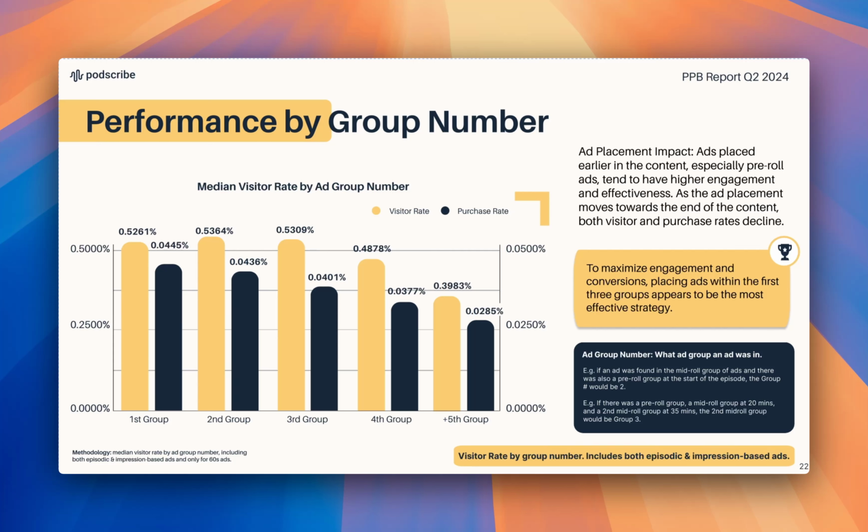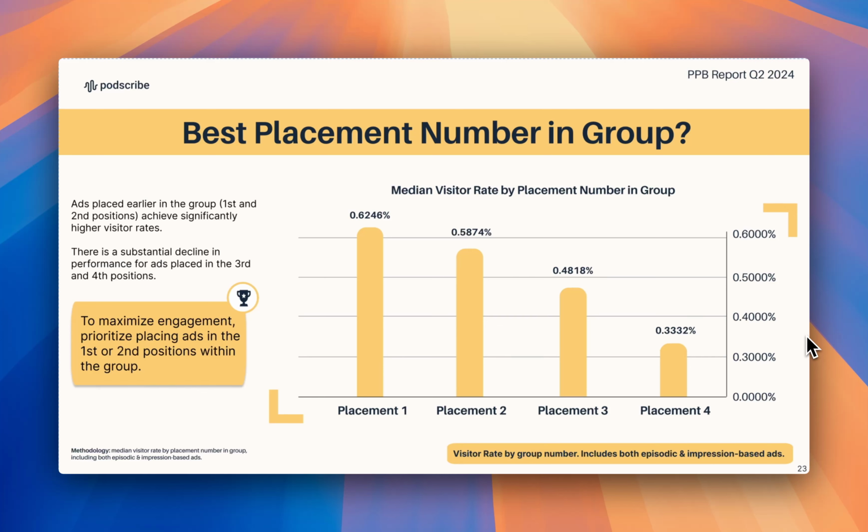So let me pass it back to you, Matt. No, I think that's perfect. Yeah, so now let's talk a little bit about the best placement number within a group. It's probably not much of a surprise. I think, based on Pete's insight, the variable that drives the drop in results is people dropping off when they are listening to an episode. They may not listen to the whole thing. The same could probably be said for ad blocks or ad groups.